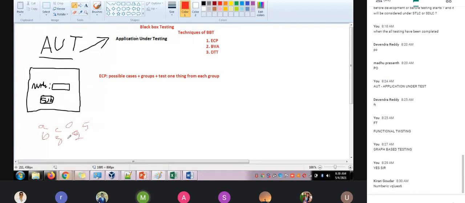I can enter 1 and 9. Special characters too: plus, minus, division, at the rate, percentage, hash. What else can I enter?